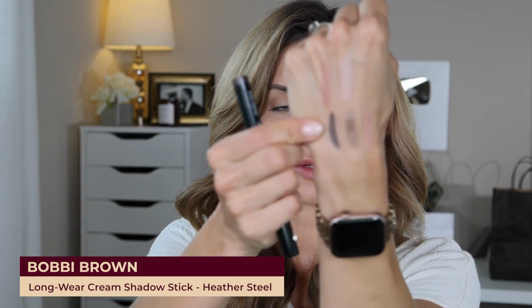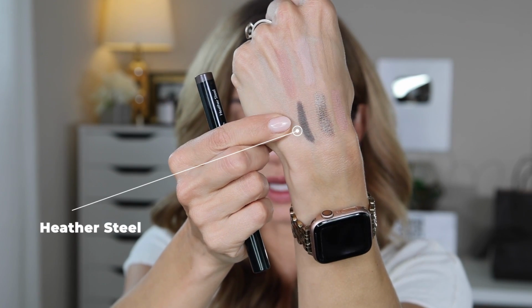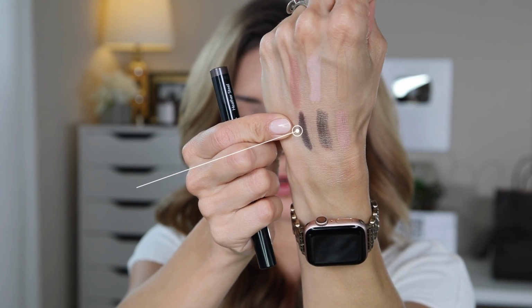And then the last shade that I picked up is Heather Steel, which is a deeper taupey gray shade. And this doesn't have any shimmer to it. I'm going to show you what this looks like. This would be really beautiful for a matte smoky eye that you kind of blend out. So super pretty. I'm not going to use all of these today, but I did want to show you how